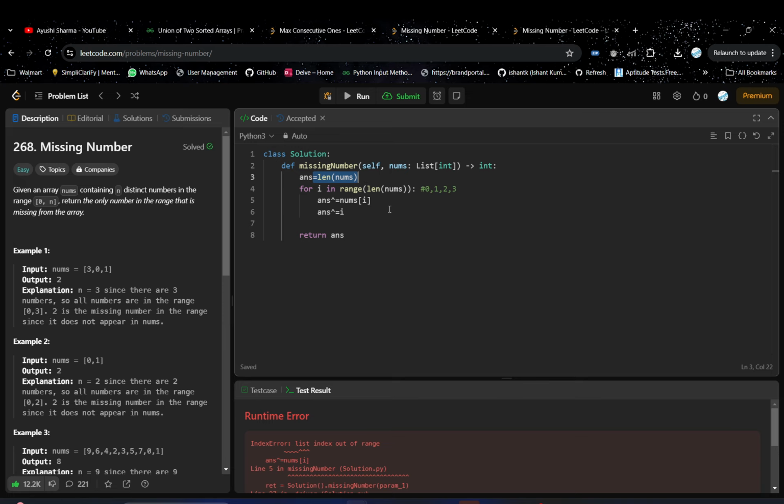So you can do two things. Maybe there are two approaches, right? Either you can assign the last value, because we are not considering this 3, right? So if let's say this 3 is the missing number, you will get it here because you have assigned it. Or what you can do is, if you want to initialize it to 0, let's say, then you have to take a variable here, like let's say i or j something, and you can just directly iterate on the numbers. Okay, so it's your pick, how you want to go about it.